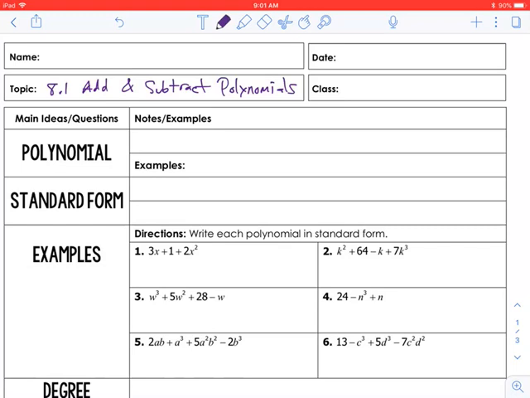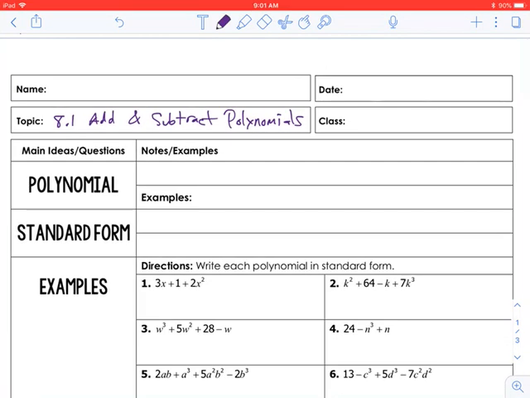Anything that you're missing. So today we're getting started with Chapter 8, even though we're about to take our Part 2 of Chapter 7 test soon. This week we're just going to kind of get started with Chapter 8. So that's polynomials. So a polynomial, poly means many. A polynomial is just one or more